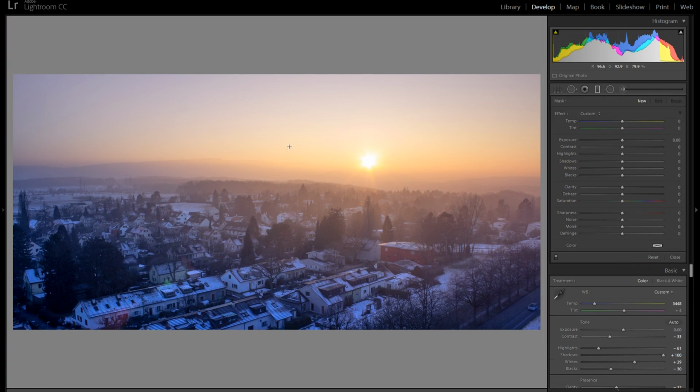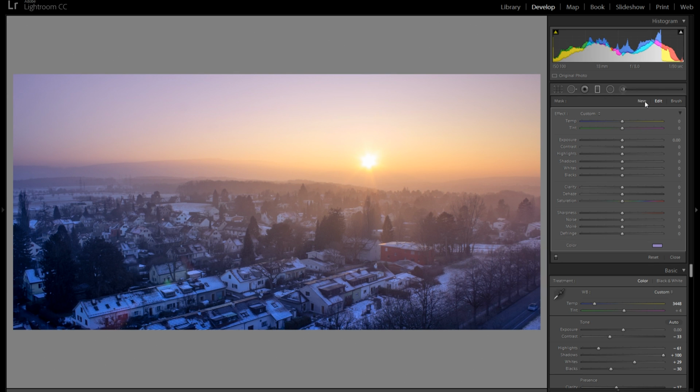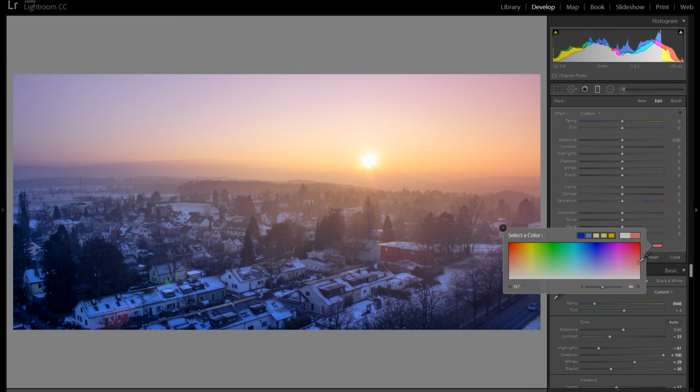So let's further adjust some of the colors with the graduated filters here. So I'm just adding one over the top left, perhaps add a bit of blue mixed with purple just to give a little bit of differentiation in terms of the color. Also want to add another one over the top right, and here I definitely want to add a bit of